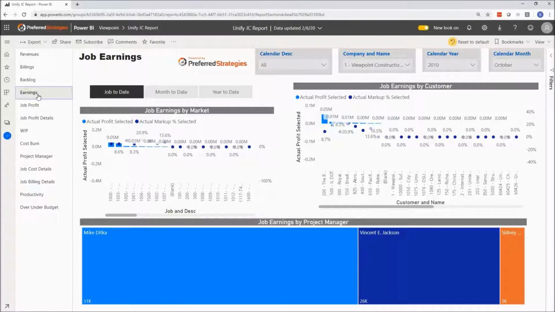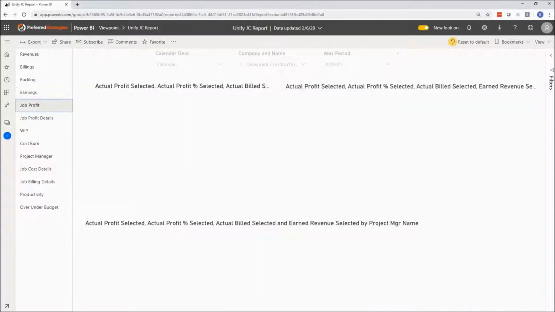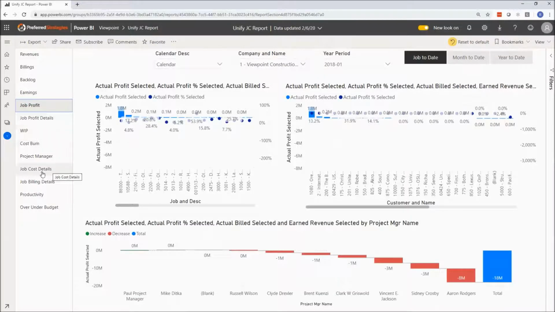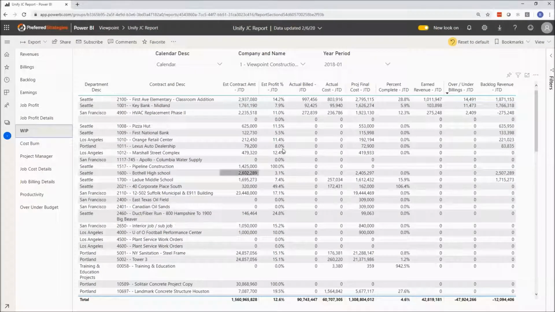And back to that concept of data governance, you're going to have that defined once. So it gives a much quicker, easier to manage way to port out reports. So again, earnings, profit, all these are the ideas that you might think of trying to do analysis on. We already talked about the idea I might want to look at job profit details, but even down to the WIP reporting, where you might want to say, well, what's my earned revenue? What's my backlog revenue? Start analyzing, what's your profitability looking like in the coming months or years. So all that information is